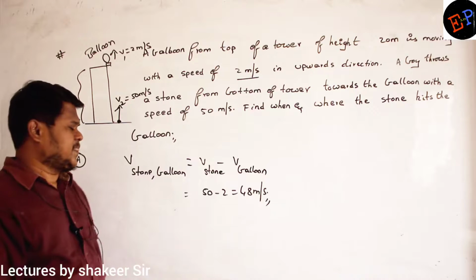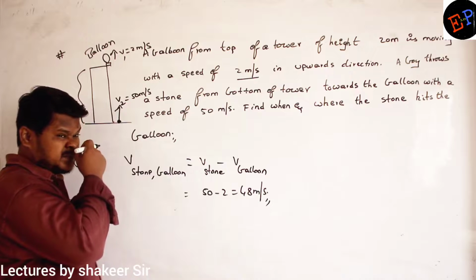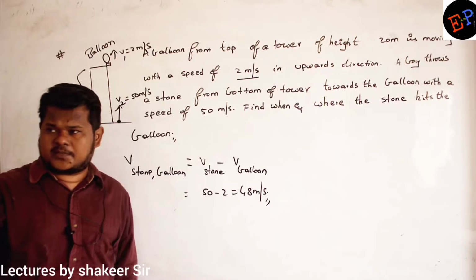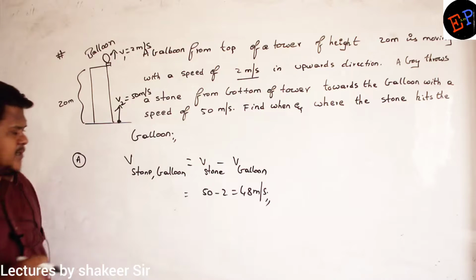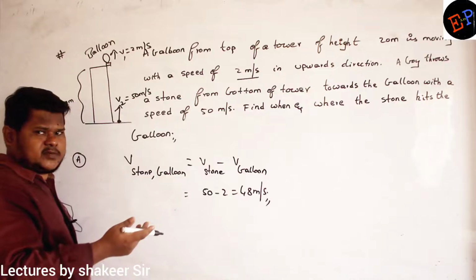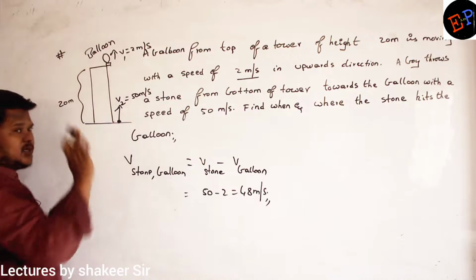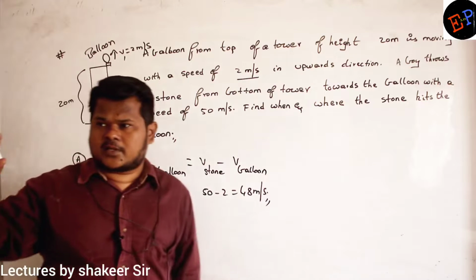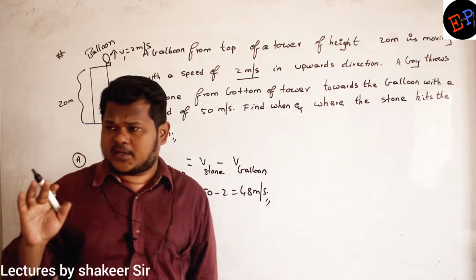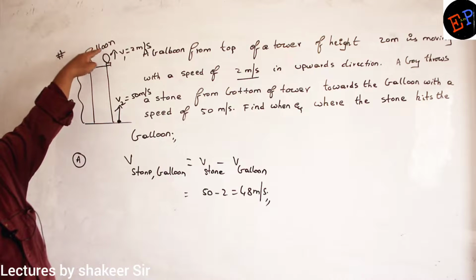Now the question is, who is in rest position? Who is the observer here? The balloon is the observer. Already we discussed, the second subscript always becomes the observer, and the observer always goes into rest position. It means the balloon is present at the top of the tower only. Only the stone is moving relatively. Relatively we can assume that the balloon is at rest and the stone is moving and touching the balloon.